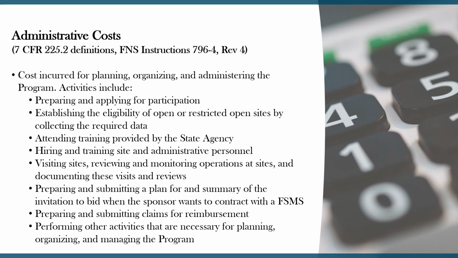Activities include preparing and applying for participation, establishing the eligibility of open or restricted open sites by collecting the required data, attending training provided by the state agency, hiring and training site and administrative personnel, visiting sites, reviewing and monitoring operations at sites, and documenting these visits and reviews,